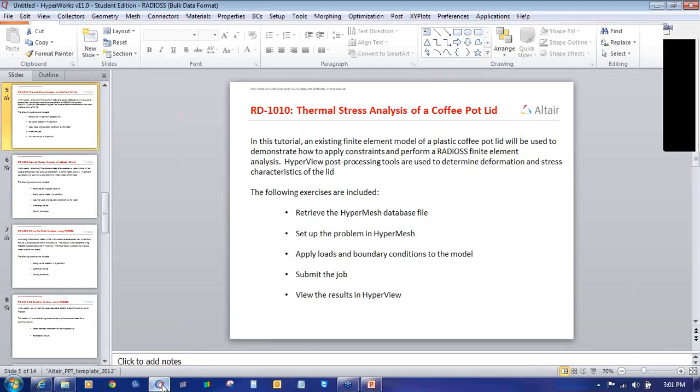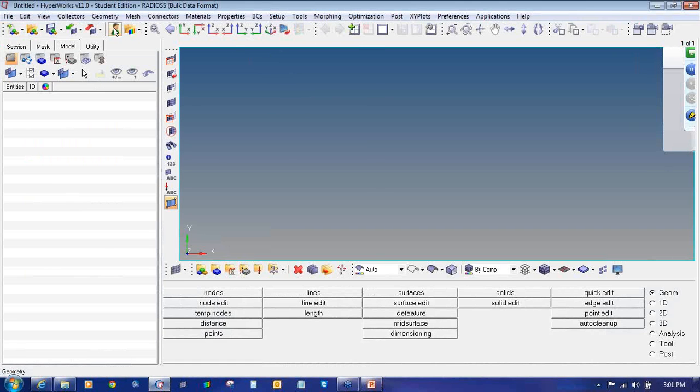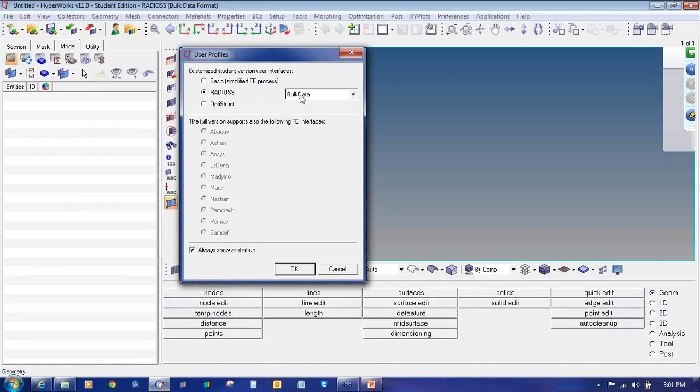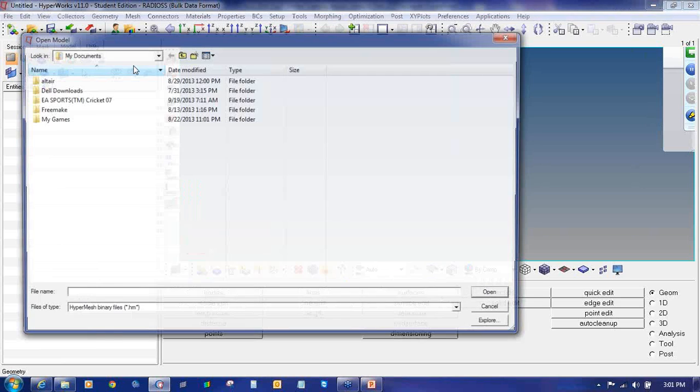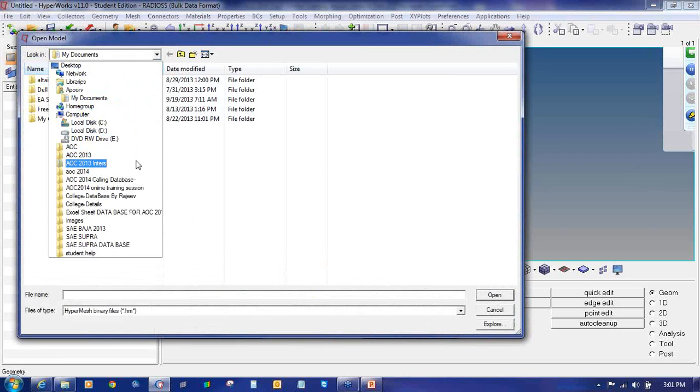So we will start with opening of HyperWorks. Select the user profile as Radioss bulk data, because we are going to use Radioss as a solver for different analyses. So we will select Radioss bulk data. We will click on open folder. It's loading, so we'll click on open folder, browse the location,